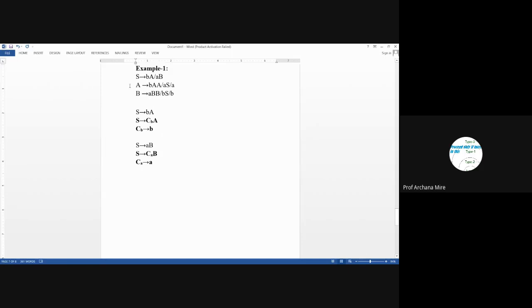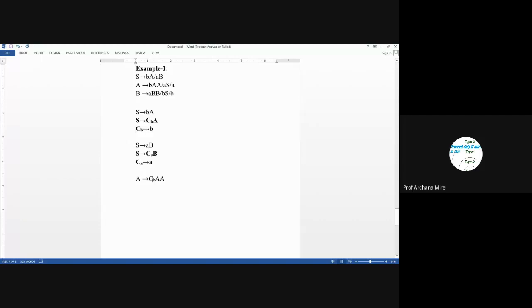Then let's go for the next production rule, that is A leads to BAA. Now once again, since the length of the production is more than 2, this production consists of a combination of terminal as well as non-terminal. We will replace this terminal symbol B with a new non-terminal symbol CB. Now CB leads to B is already introduced in the grammar, so we don't need to reintroduce it.